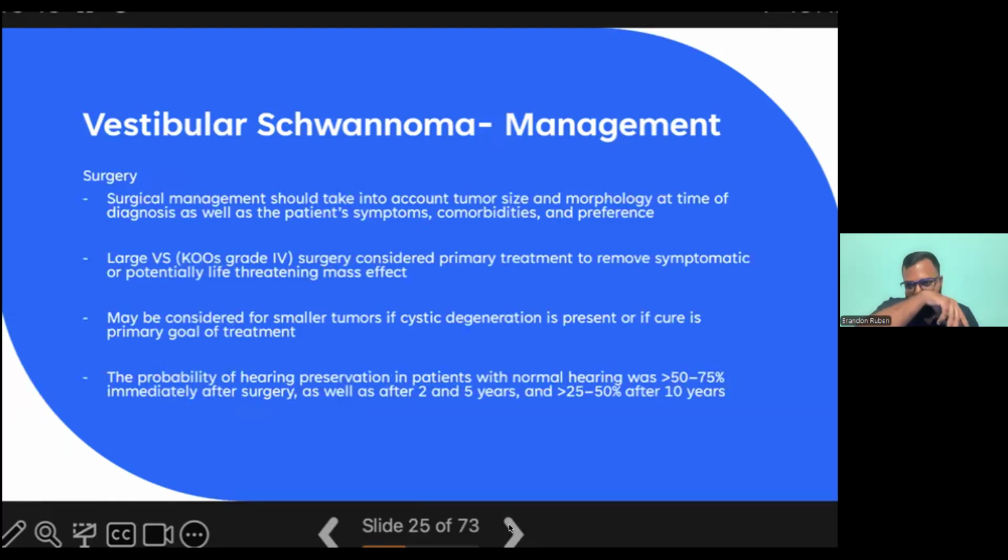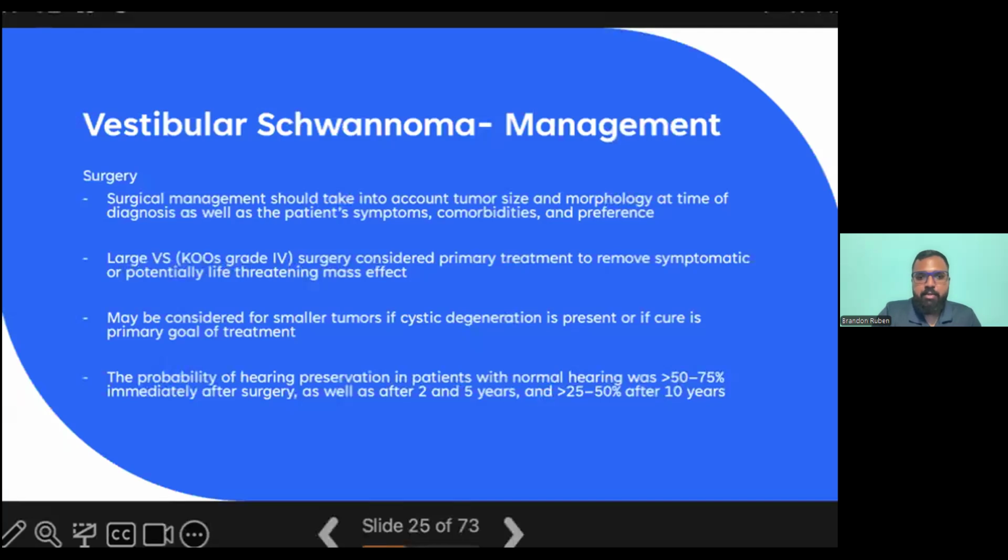Surgery: surgical management of vestibular schwannoma should take into account the tumor size and morphology at the time of diagnosis, as well as the patient's symptoms, comorbidities, and preference. For large vestibular schwannomas, grade 4, surgery may be considered as a primary treatment to remove symptomatic or potentially threatening mass effect. Surgery may be considered for smaller tumors if cystic degeneration is present or if cure is a primary